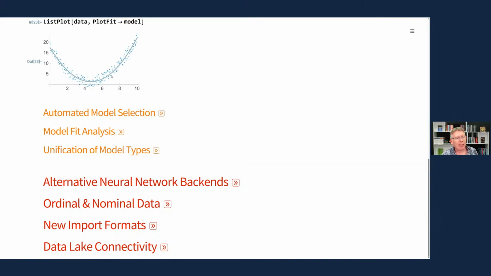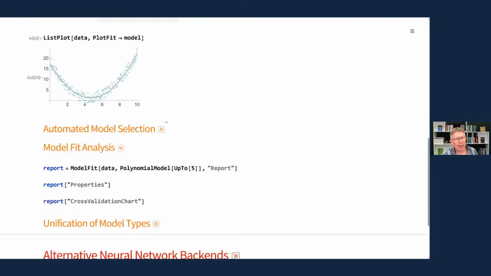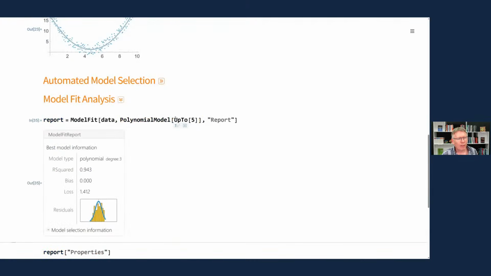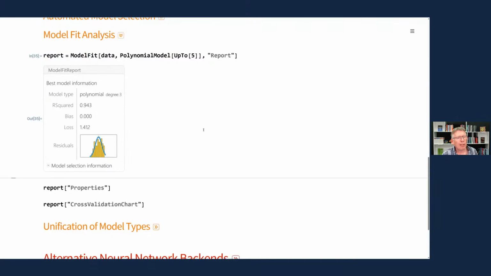Now, I mentioned in passing that how we select the model, we've automated that entirely. But like most of these things, the default is to make choices for you in a very automated way, but we expose all of that to you. So there are an absolute ton of things that we can measure about the quality of the fit. Here's the headline report on that: the degree that we chose, the R-squared value, bias, and somewhere down here